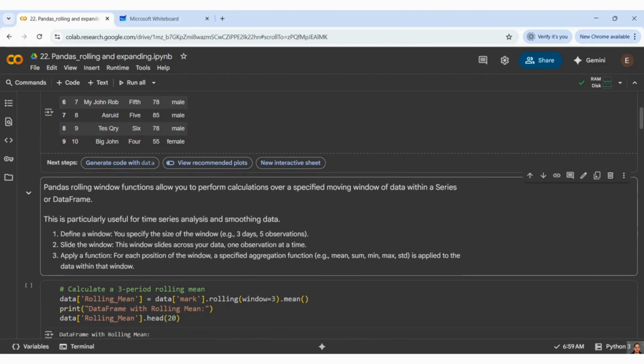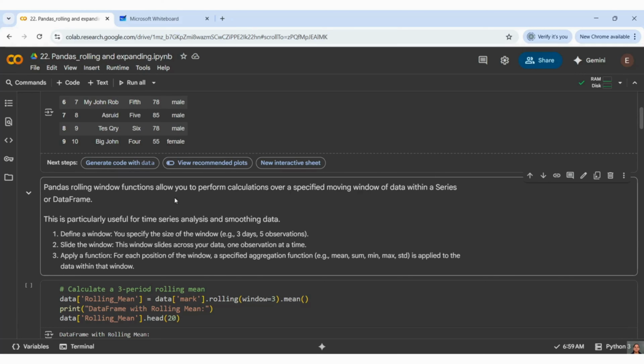So I got the head of all those things. Now we will see a few concepts of the rolling window, how it works. Rolling basically works with a window, and expanding will also work with windows only. What my rolling window function does is allow you to perform calculations over a specific window, either on a series or a data frame, and it is mostly useful and beneficial for time series data.